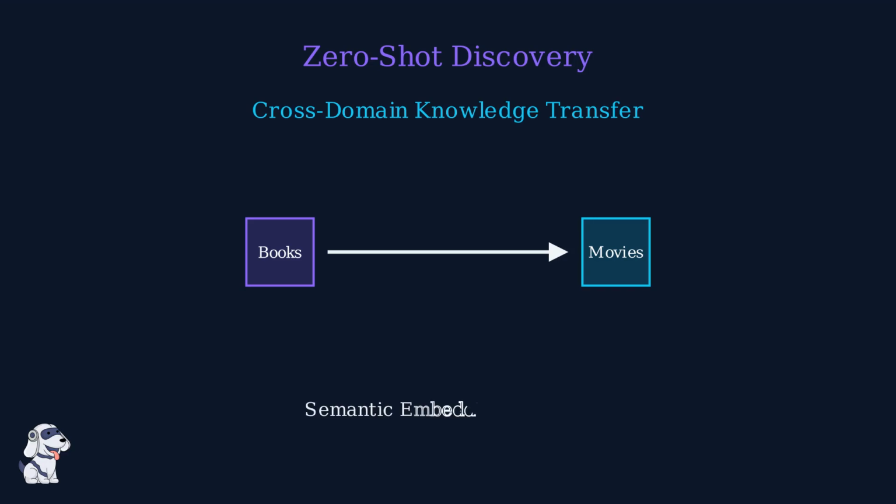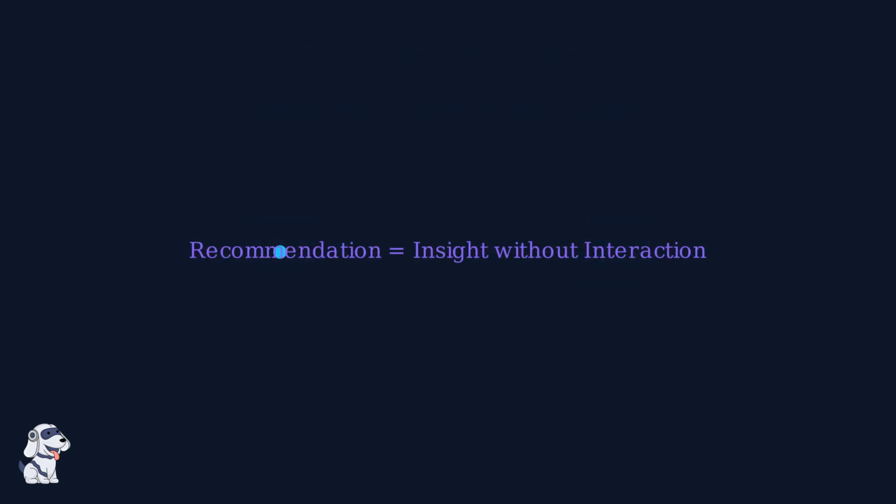By leveraging vector space representations, the model recognizes that a specific genre of literature shares underlying thematic structures with a corresponding film genre, enabling accurate recommendations without needing a single click in the target domain. This breakthrough ensures that even with zero history, the system can provide personalized discovery, effectively bridging the gap between past